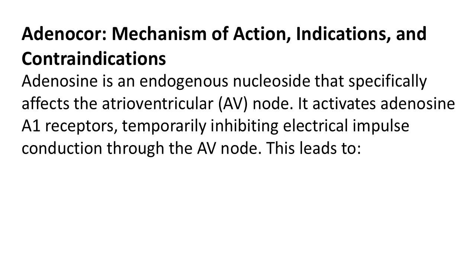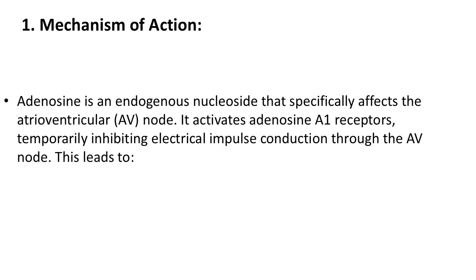Adenocor mechanism of action, indications, and contraindications. 1. Mechanism of action. Adenosine is an endogenous nucleoside that specifically affects the atrioventricular AV node. It activates adenosine A1 receptors, temporarily inhibiting electrical impulse conduction through the AV node. This leads to: